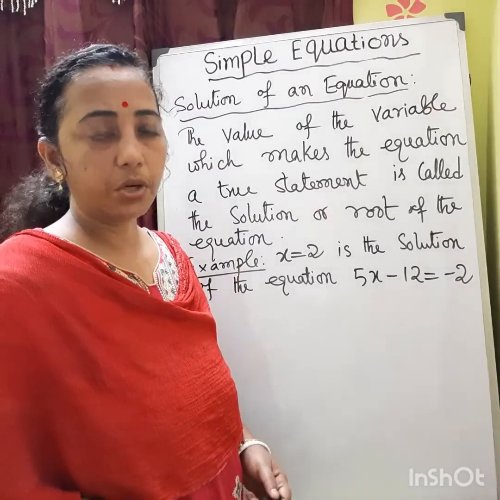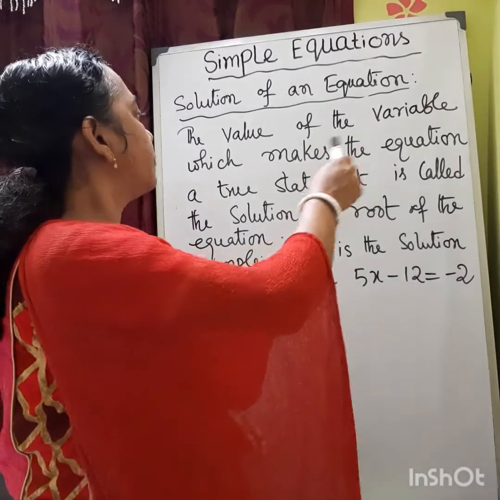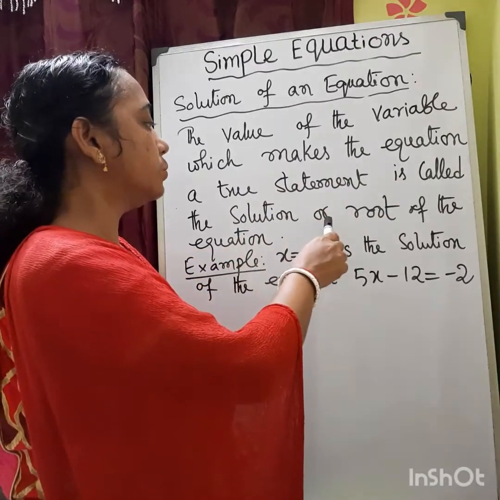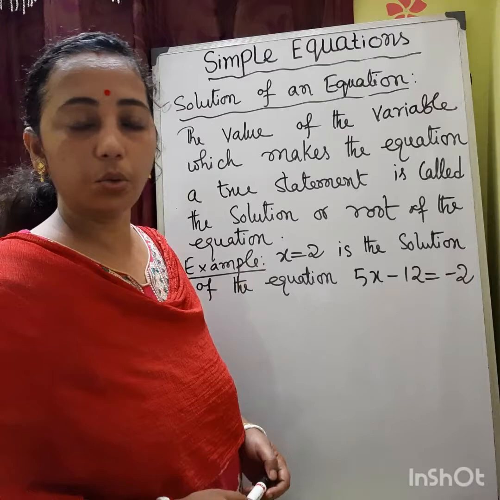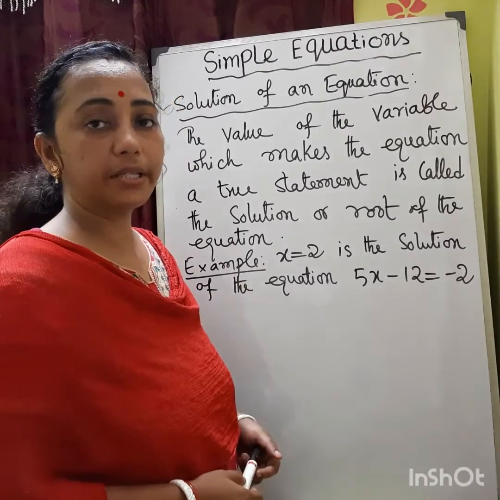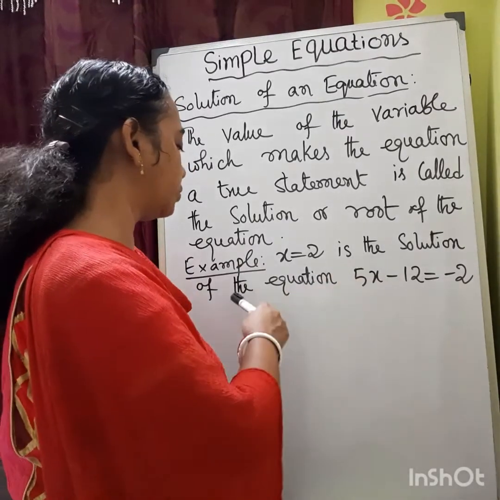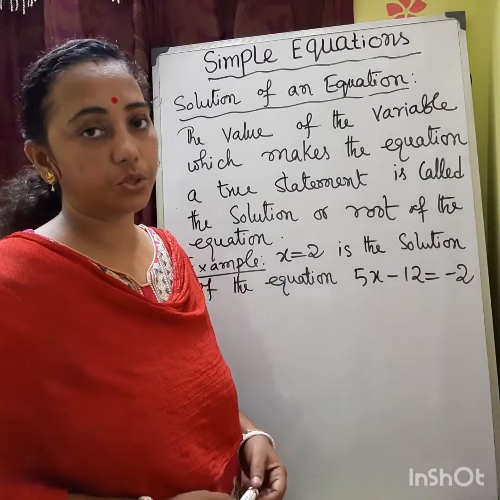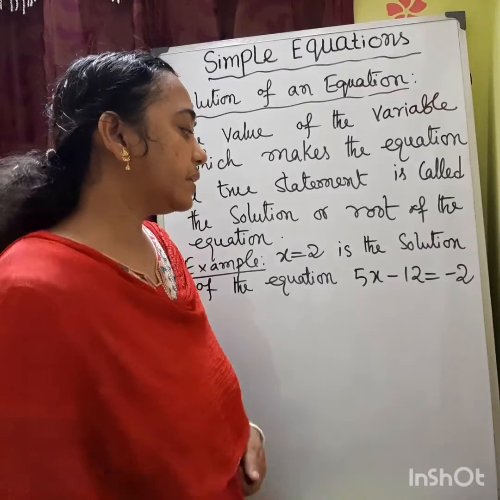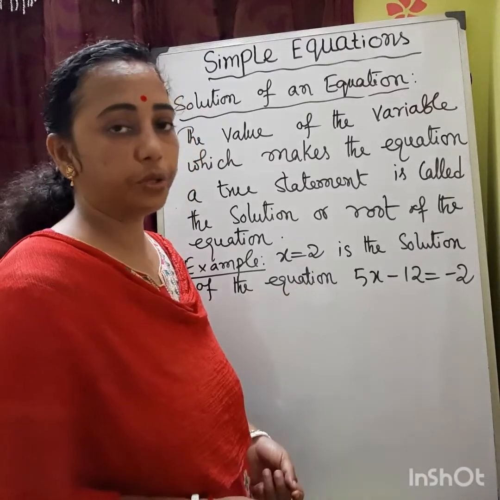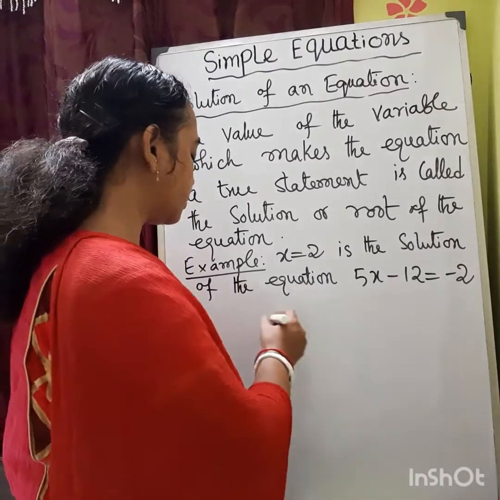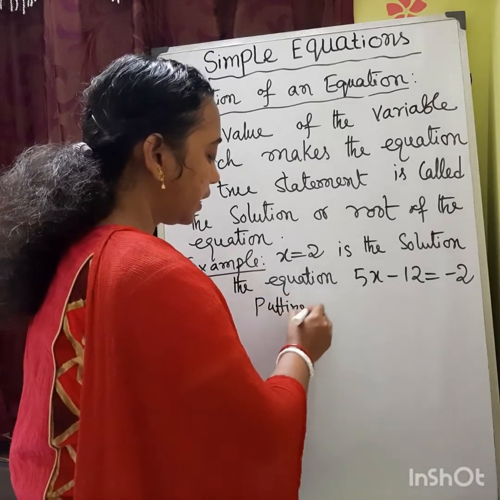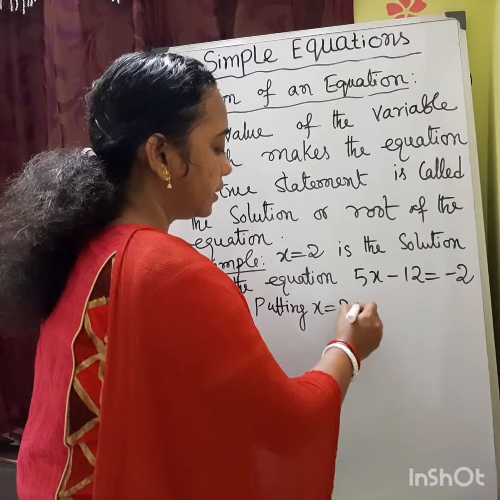Now what is the solution of an equation? The value of the variable which makes the equation a true statement is called the solution, or we can say the root of the equation. Let us consider one example: x equal to 2 is the solution of the equation 5x minus 12 is equal to minus 2. In this case, we will put x equal to 2 in both sides. Let us first put x equal to 2 in the left hand side